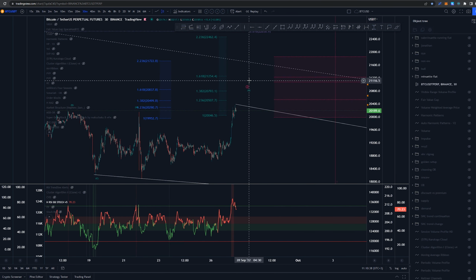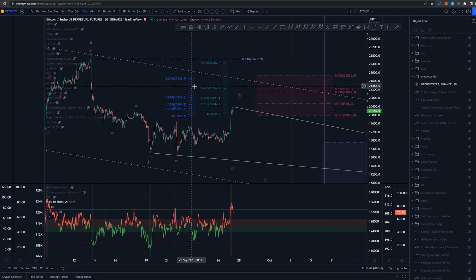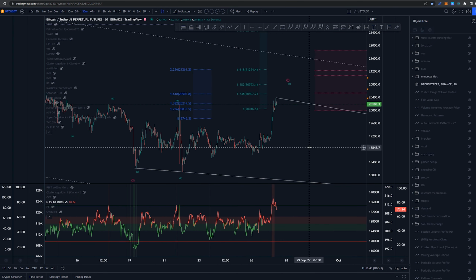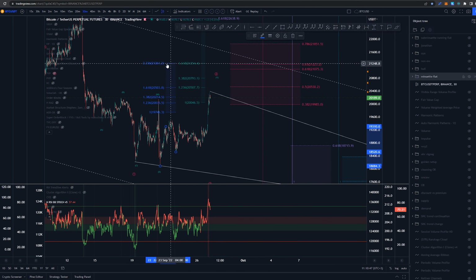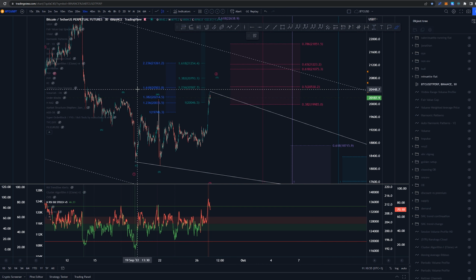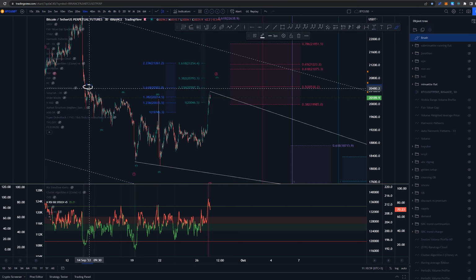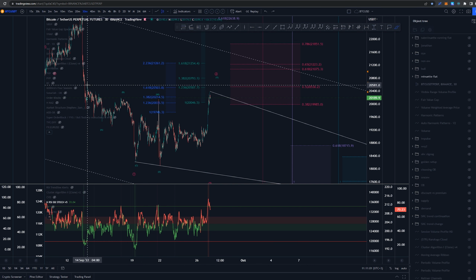At that point, we don't have any confluence here either with this labeling or with this measuring. So I kind of like to have it here as well. With this in mind, we would also have the 1.618, 1.236, and the 0.5 fib lining up very well at 20.5k. At that point, we do have this highest peak here, where we still probably have some liquidity left after